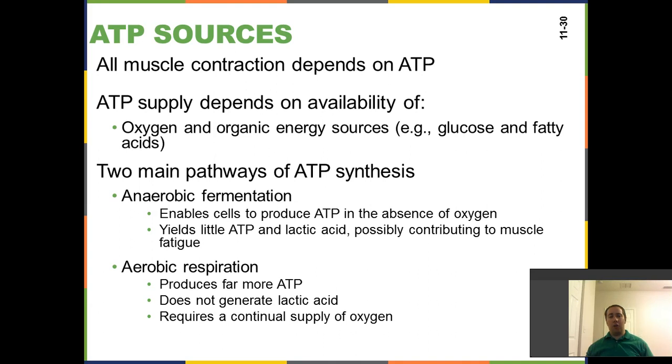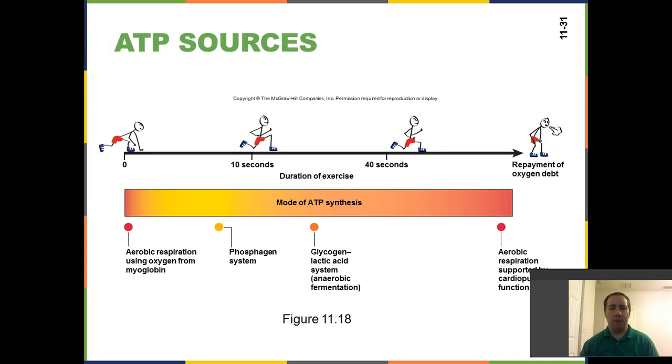However, in a lot of situations, we don't have a choice. We have to switch to anaerobic fermentation. And so where our body is getting this energy from is going to change depending on how long we have been running. So when you first start running, we have oxygen. Remember, we store oxygen on the myoglobin, which is inside of the muscle cell. The muscle cell has its own store of oxygen. So when you start running, you can use